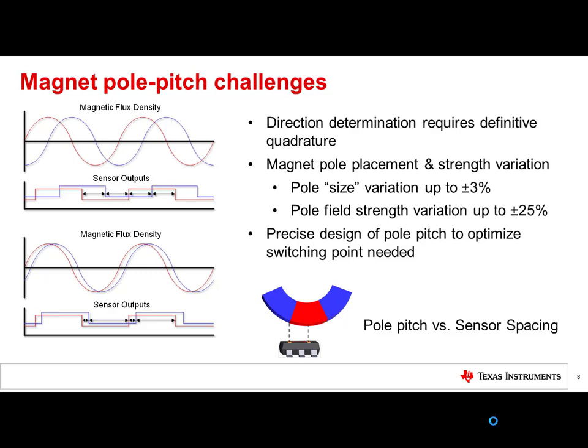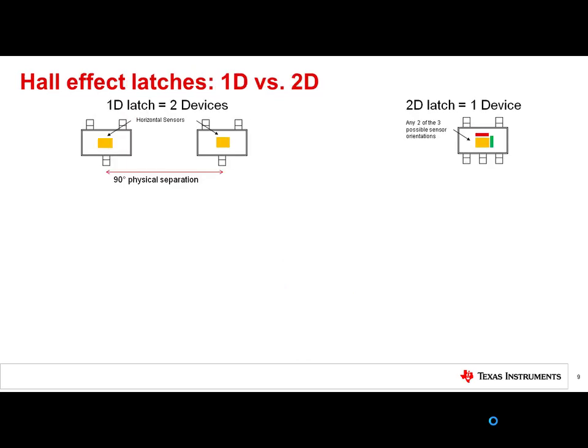position changes. To optimize the pole switch point requires the pole pitch to be 2 times the separation of the 2 planar sensors, or rather, that the separation between the Hall elements be 1/2 the pole pitch. This challenge is precisely why orthogonal sensing elements are ideal for a single package solution. By sensing vectors which are naturally 90 degrees out of phase with each other, the Hall elements are then optimally placed as close to each other as possible for the best result and smallest package size.